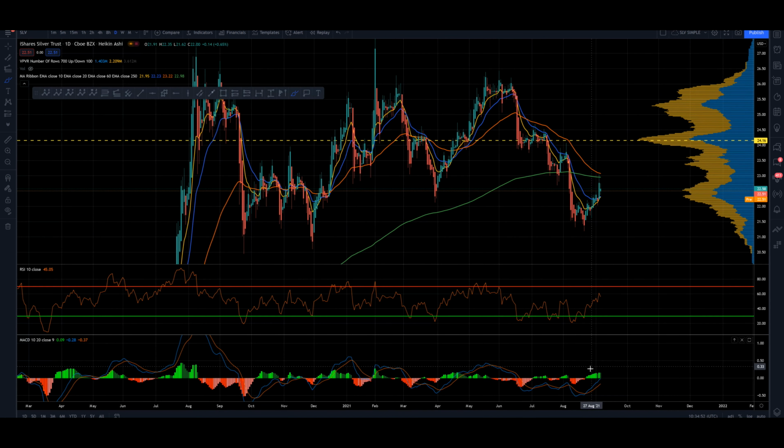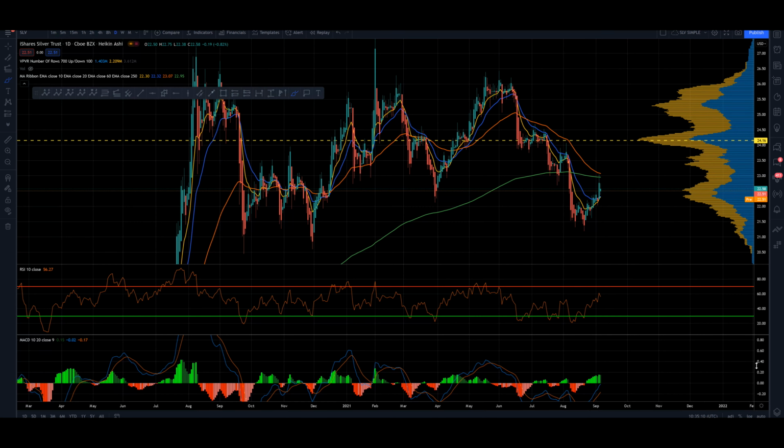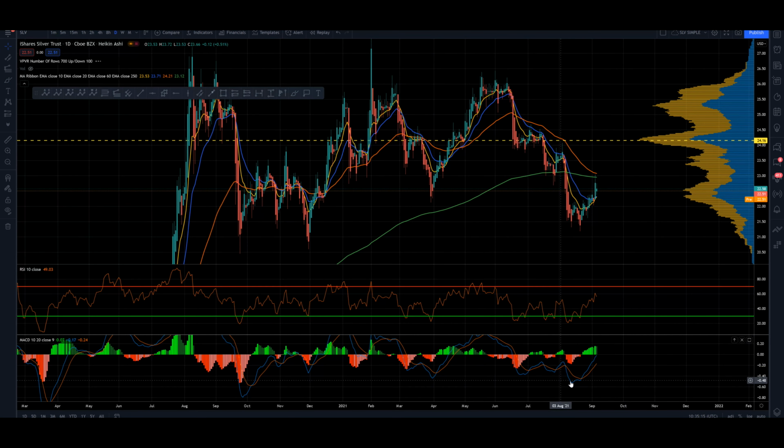MACD, we've got bullish momentum here, crossover of the average through the signal, but it does appear to be waning somewhat. It hasn't rolled over yet, and the moving averages haven't rolled over yet. So we could still see a bullish move higher, but no real confirmation either way at the moment, because we don't have any bullish divergence at these lows. We just have low, lower low, and then low, lower low.